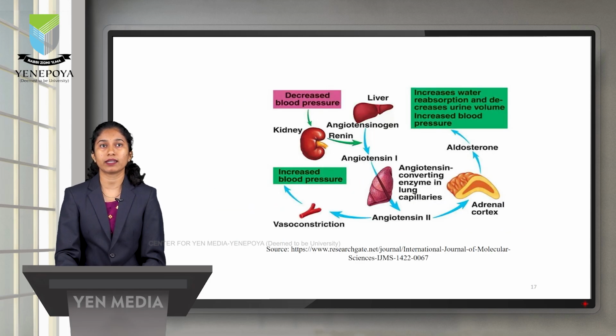So this is the diagrammatic representation. So if the BP is decreased, kidney releases the enzyme called renin. So renin converts the angiotensinogen from the liver into angiotensin 1. Angiotensin 1 is converted into angiotensin 2 by the help of the enzyme angiotensin converting enzyme. It is done in the lungs. So angiotensin 2, as it is a potent vasoconstrictor, it increases the blood pressure, and angiotensin 2 stimulates the aldosterone secretion, which results in increase in the water reabsorption and decrease in the urine volume, and as a result increased